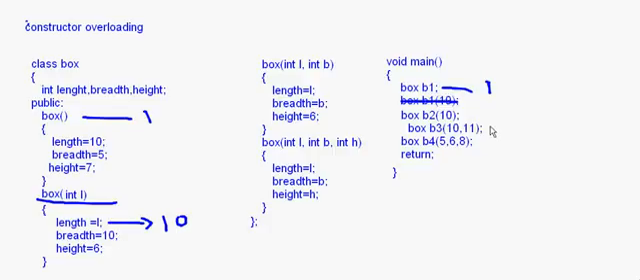Now again I am making one more object, box B3, 10, 11. Now this will take me to this constructor, because here I am putting two integer parameters, right. So L will become 10, B will become 11, and this constructor is invoked. Now when I say box B4, 5, 6, 8, these are three parameters, and for this the constructor will be called which is int L, B, H, and length will be assigned the value of L, breadth will be assigned the value of B, and height will be assigned the value of H. So this is how the concept of